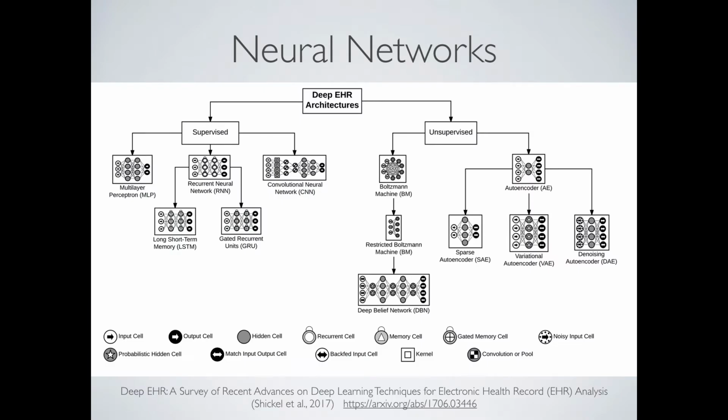So here's just a little bit of background on the types of neural networks that we have. What I just showed you before, where every single neuron was connected to every neuron from the previous layer, that's what's called a multi-layer perceptron, or a feed-forward, fully connected network. There's all kinds of different neural networks, and this is where all the fun research is, and where all the cutting-edge stuff is coming out. I won't go through all of these, but you can see there's supervised and unsupervised methods. We're going to talk specifically about autoencoders, and about multi-layer perceptrons, like what I just showed you before. If you want to dive into some of this other stuff, it's really awesome, and it moves so fast. I'm learning a lot of it myself too.